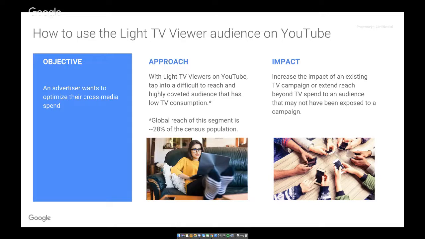Or if you don't use TV, that is also fine. You can also only use the Light TV viewer audience, but it tends to be more suitable for audiences that you want to reach in a more upper funnel branding type of campaign. But still a little bit more targeted, so that you show your videos to people that actually watch and are interested in it, so based on intent. And people that watch a lot online. So you can also make the assumption that they will be more engaged with your ads because they are heavy streamer users. Yeah, exactly.